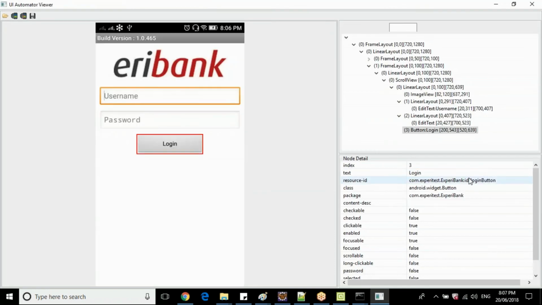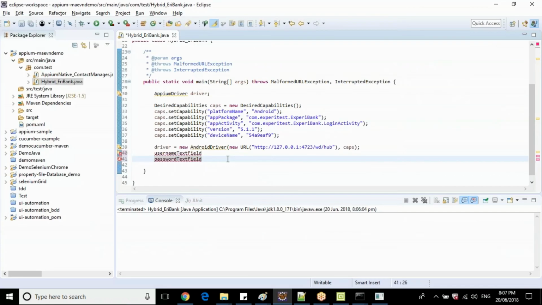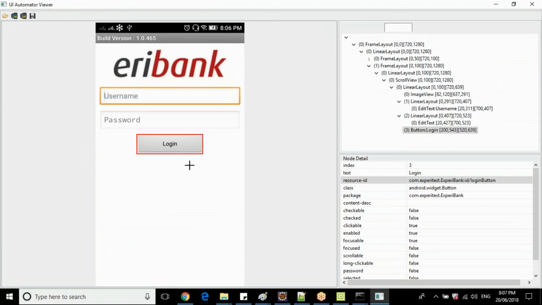And for login button, you have this login button. Okay.